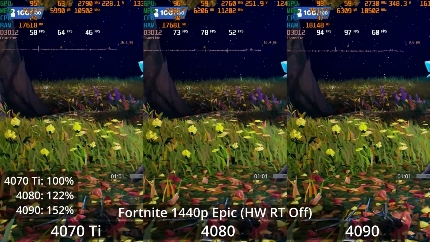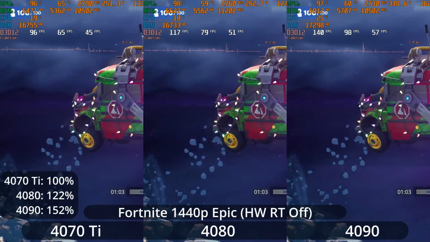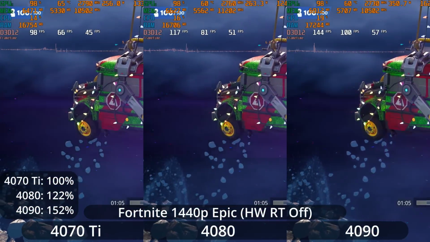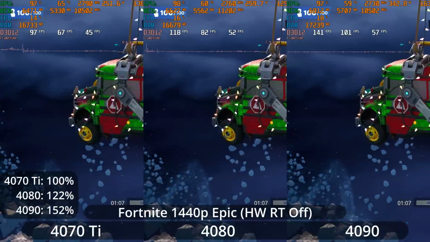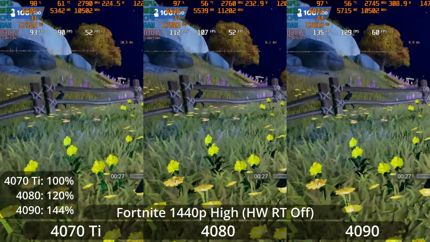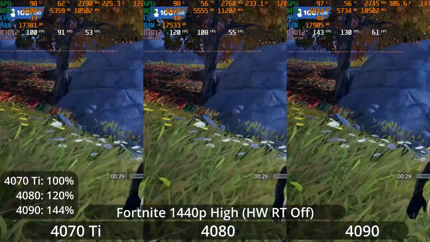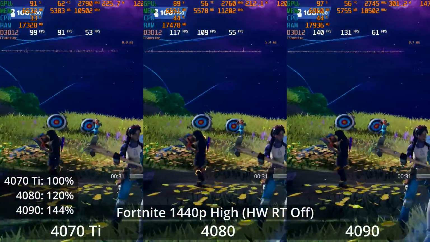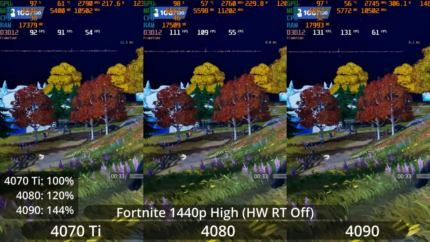Again here, just getting a little over 60 FPS even with the hardware accelerated ray tracing turned off. So Unreal Engine 5, guys, it's going to be demanding. Now, if we go down to the high settings with the hardware ray tracing turned off at 1440p, we see